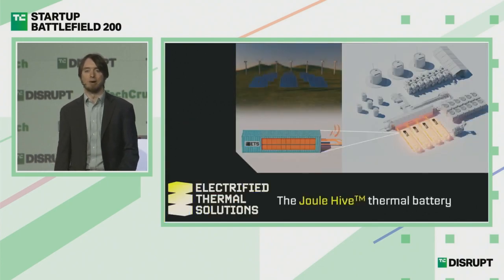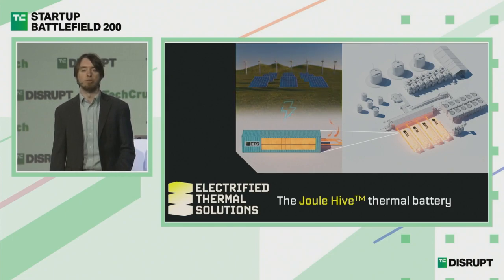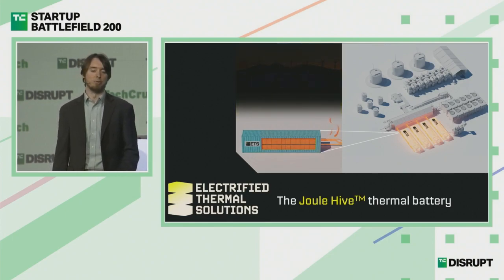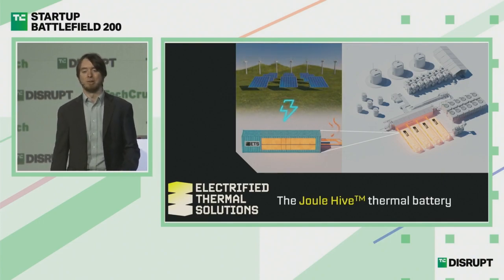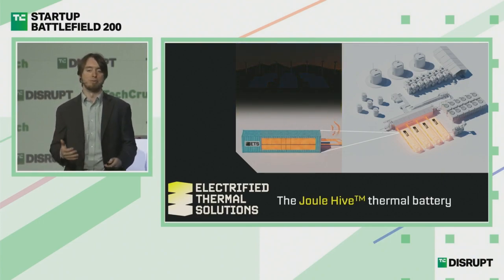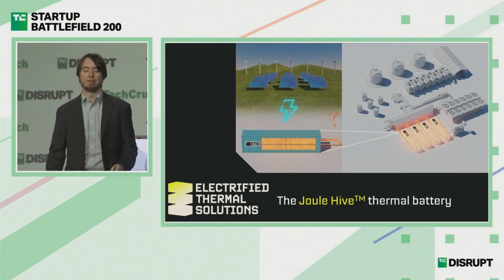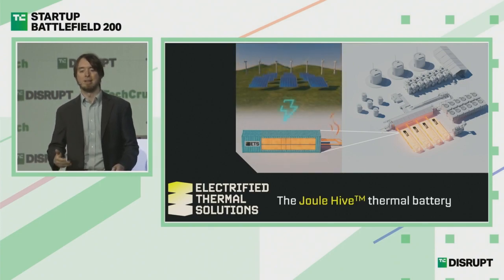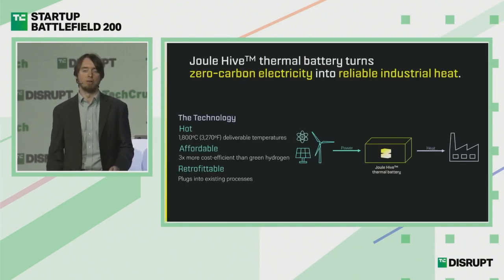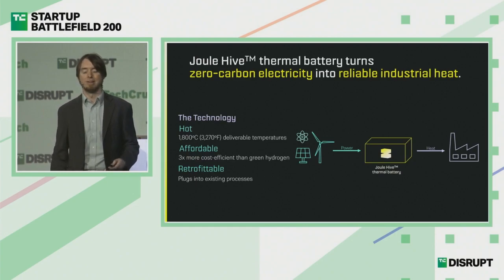And that is why we founded Electrified Thermal Solutions, and it is why we've been developing the Joule Hive thermal battery. With this system, we take in electricity from solar, wind, nuclear, or hydro. When it's cheap or abundant or available, we turn it into heat in our box, and we make hot gas with it that can run your furnace, your boiler, your kiln, even turn a turbine in place of where you normally burn fossil fuels. So with this one system, the Joule Hive can turn that intermittent zero carbon power into